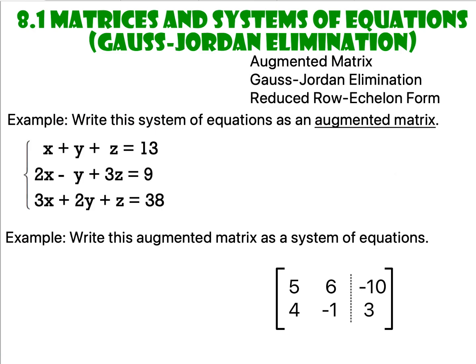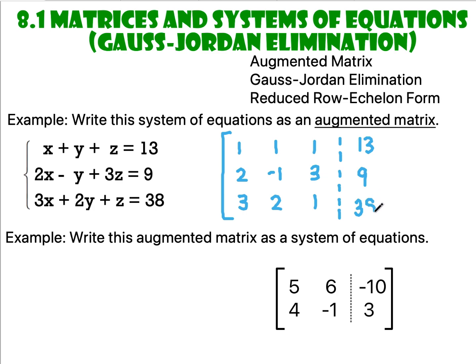First things first, we need to learn about what an augmented matrix is. It's a way of writing a system of equations as a matrix. And again, we're going to take those coefficients of the variables. And then there's going to be this mysterious dotted line right here. And then we're just going to go ahead and throw in what each equation is supposed to equal. This is what they call an augmented matrix. It seems a little more mysterious than the matrix equation we learned to set up last time, but that's what's